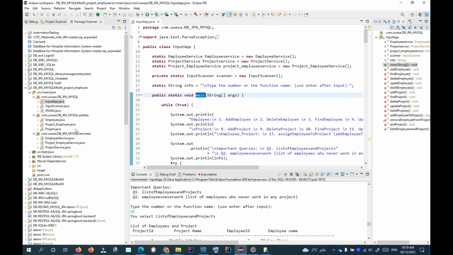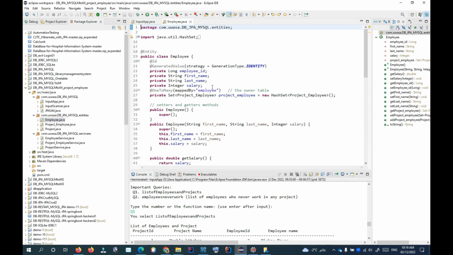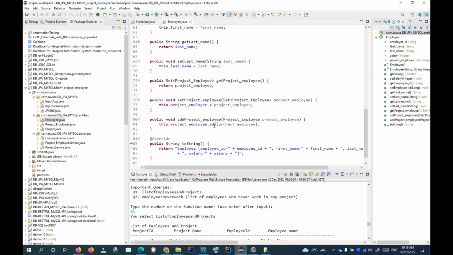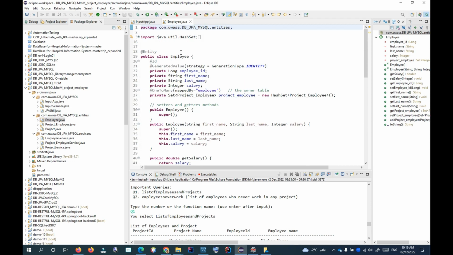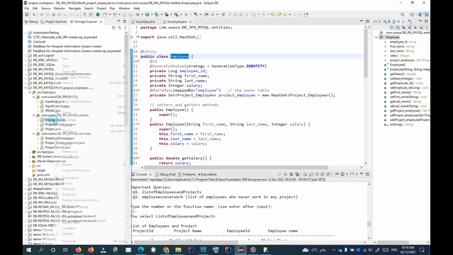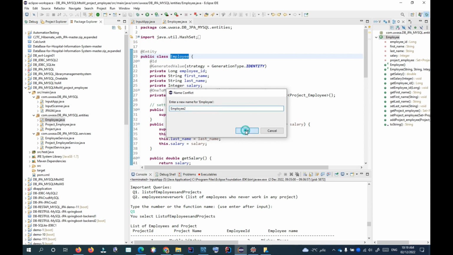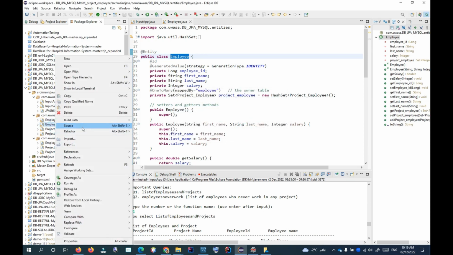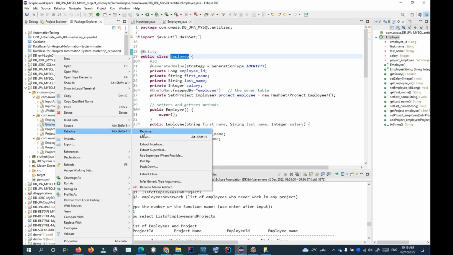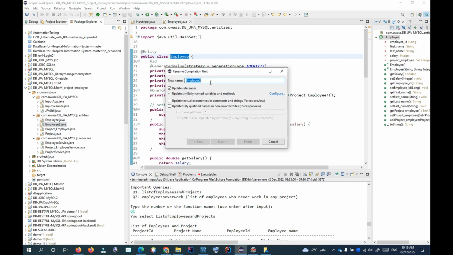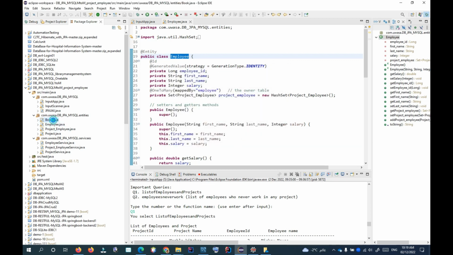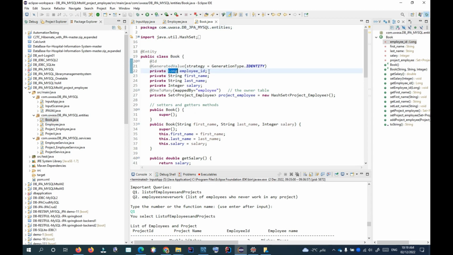So guys, now as I mentioned, we have here the employees. You know how to use this employee and how to create it. If you want to use it and just change the name, you can immediately copy and then paste this project. For example, now we have employee 2. Let's say you want to change the name. This is the name. For example, I want to change it to Book, and now we have this Book. And you can change the entity, for example, this will be the Book ID. So this is based on your